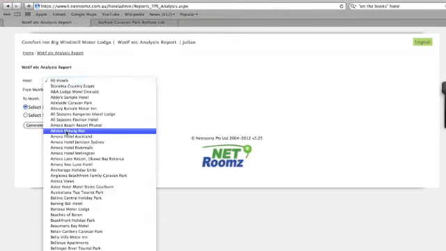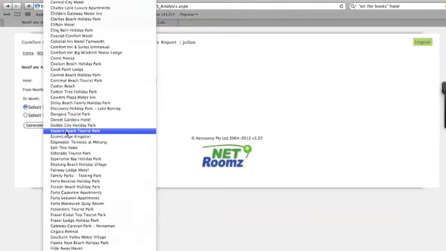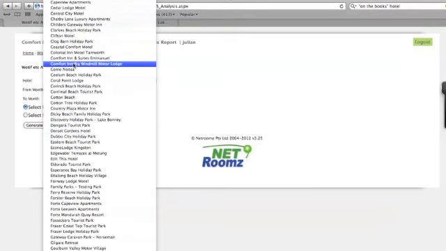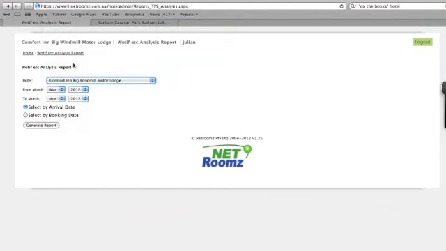I've got a property here which has some test data set up, which I'm going to select. Now if you log in as an individual property, you'll just have your property name here by hotel. If you log in as a chain user, you'll see all the properties within your chain. I can select to see the statistics for bookings made during the period I select here, or by arrivals during that period. So I'm going to select arrivals and go from February to April. And if I click on Generate Report,